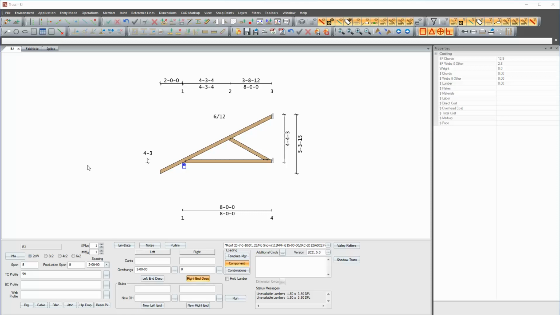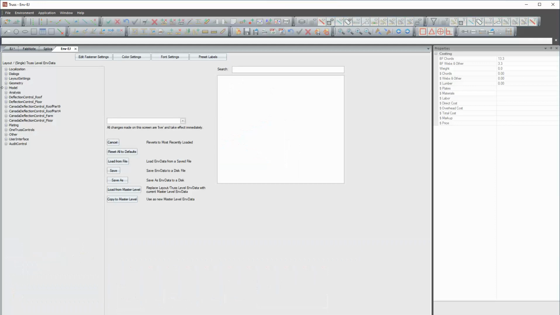There are several people, especially West Coast customers, that would prefer not to have this diagonal web come out. Of course, it's easy enough. You can just put a 1 in the web profile line, and you've got the desire that you want there, but people would like to have it defaulted to that and not have to do any edits at all to the web profile. So what we've done is in ENV data, if I go to geometry and go to panel